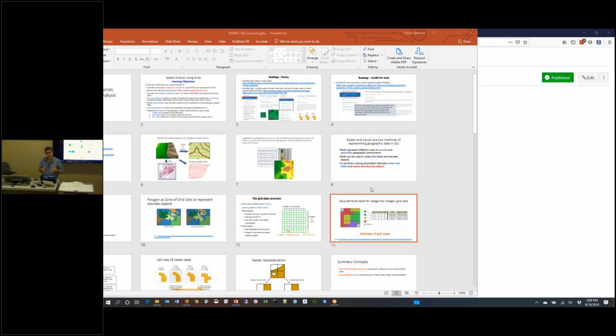Maybe you've got other information that's real valued at those grid cells. So a common function that we use is to convert from feature to raster to effectively set the data up for that sort